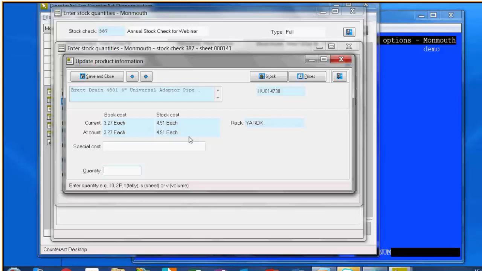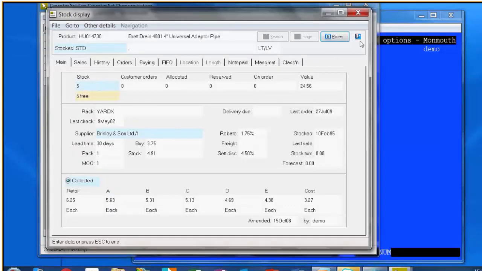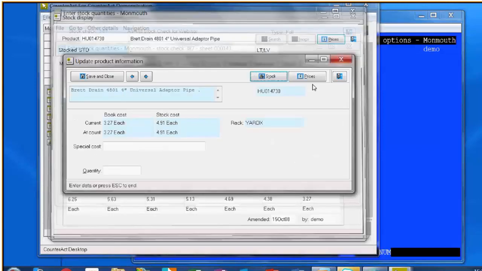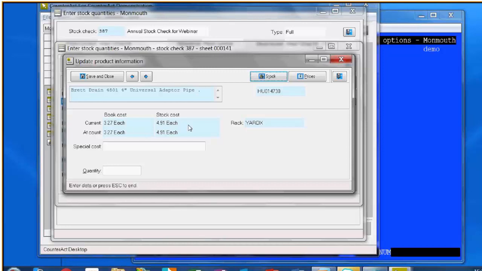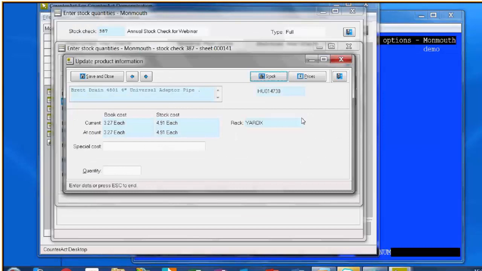One of the things we really wanted to look at is the extra features you've got in graphical stock checking. It's really easy to go and have a look at the stock situation as it is now, because if you've suddenly got on your sheet what looks like 500, and you trot in there and think the system only thinks you've got 5, there's a high likelihood that there's a mistake. Also, you can go and look at prices. This little section here in this field is all about if you know that there's more stock than the system thought you had,